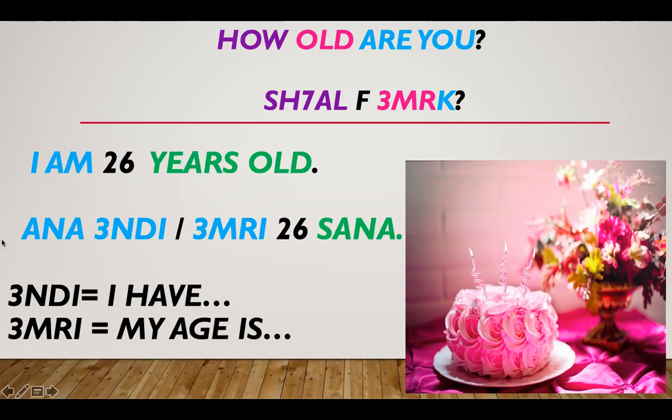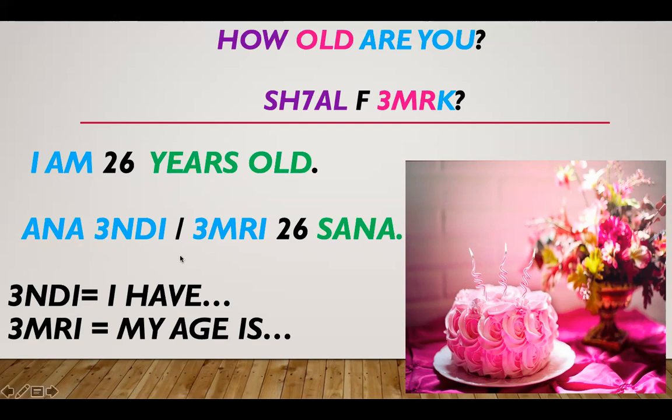You can just say أنا, like I'm 26. أنا 26. You can say عندي 26, like I have 26, or you can say عمري, which means my age is. Even though we don't have this in English, it's the equivalent. So I'm going to read the three of them just for pronunciation's sake.